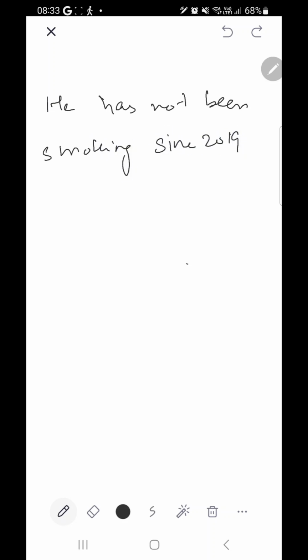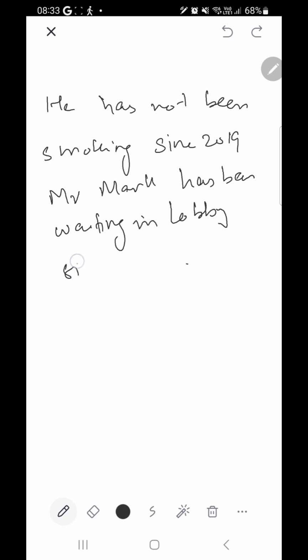Okay, and you can also see that he has not been smoking since 2019. And Mr. Mark has been waiting in lobby since, let's say, 9 a.m. Right? Like that. So when we know, and one important thing that you should not be confused of, let's say